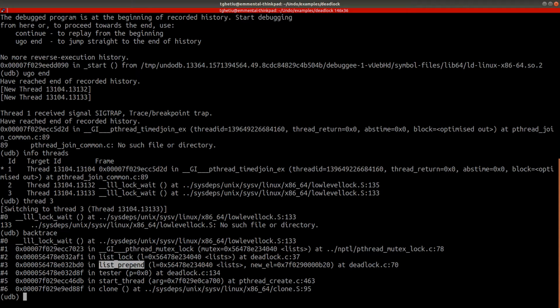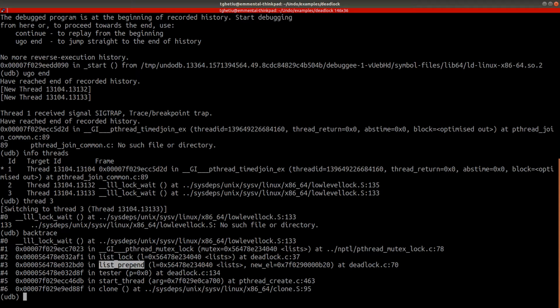Based on this information, we can hypothesize that the deadlock is due to a previous call to list lock, which left the list in a locked state. But this contradicts our assumption that each function that modifies our lists correctly locks and unlocks the list it is working on. It would be useful if we could go back in history and see what function previously changed the